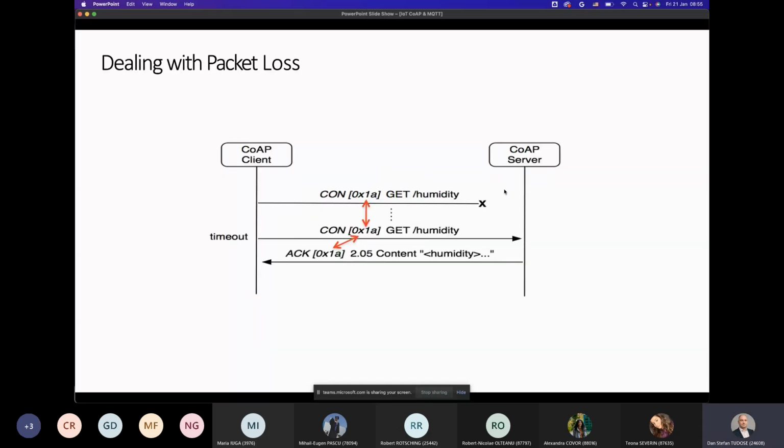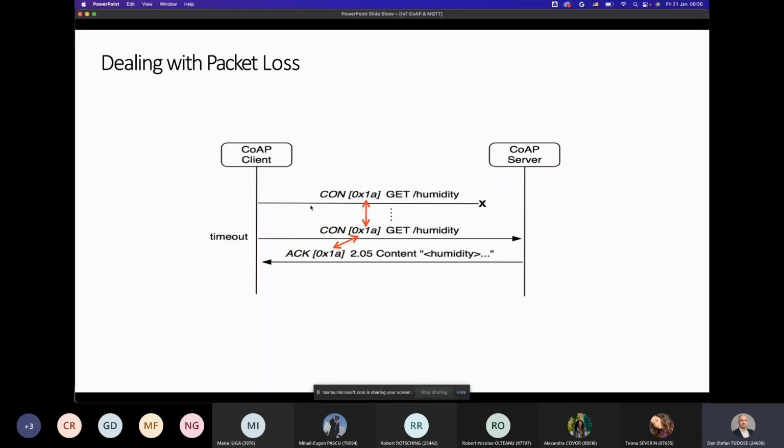So whenever you have packet loss, for example, a packet does not reach the server, or for some reason, again, the response from the server does not reach the client, you have a retransmit scheme. And the server does not know actually if the message was captured by the client, or does not know if the client has sent a message in the first place. So it's the client's job to actually resend the message.